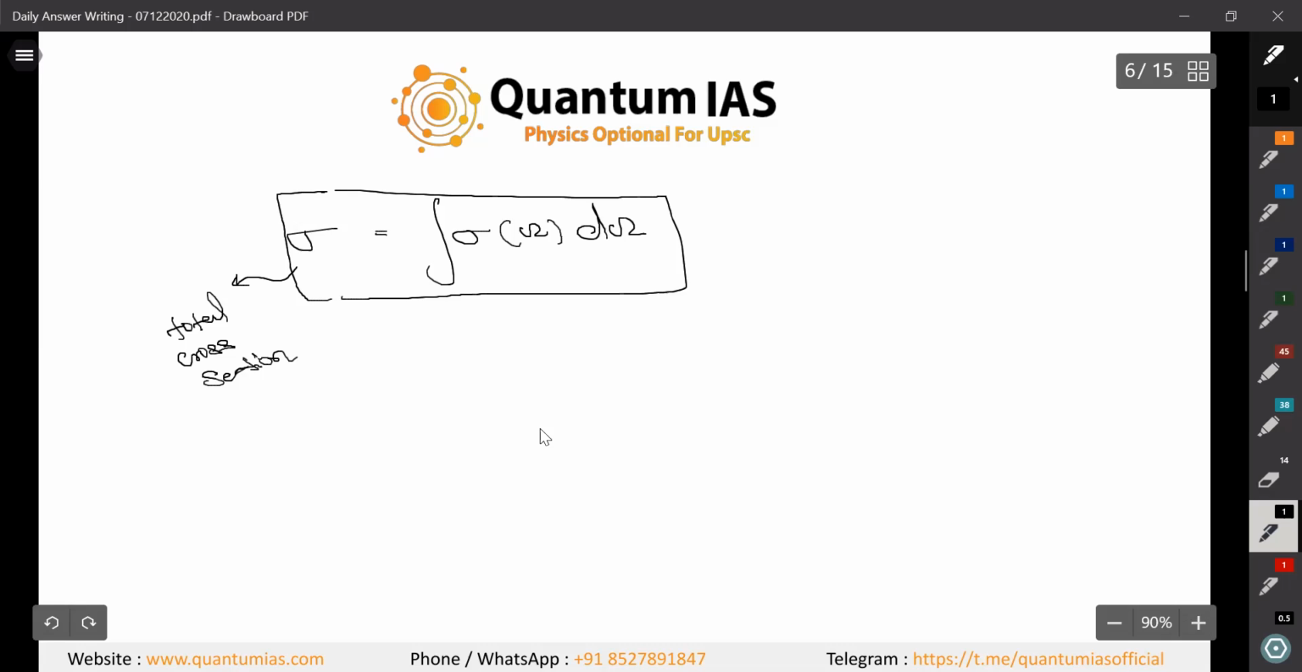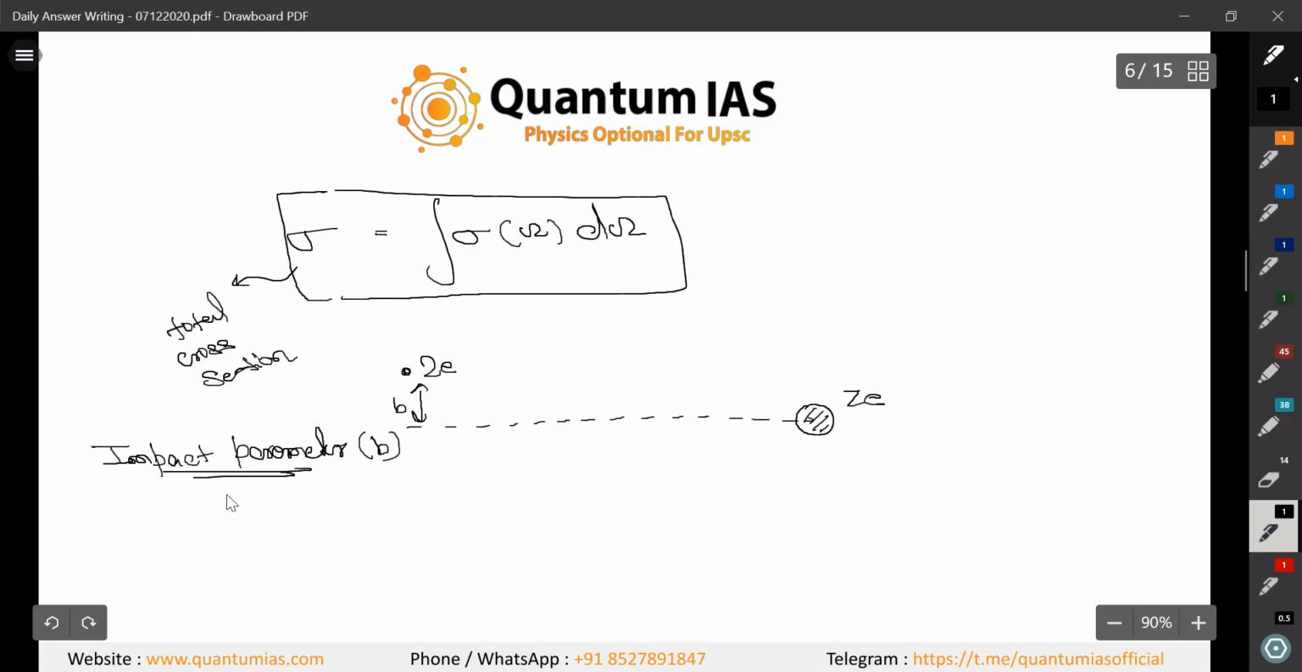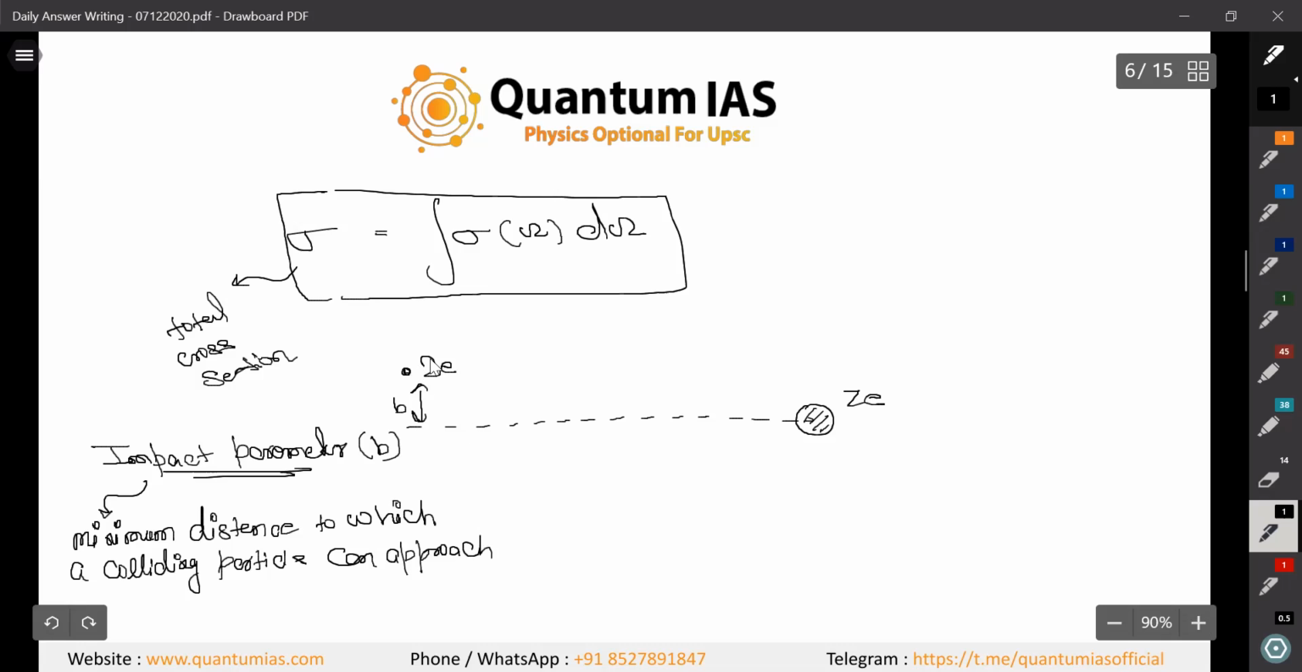Okay. Now come to our question, right? So what happened here? We have the nucleus, and here the alpha particle with charge 2 is coming, right? We can define an impact parameter here, the perpendicular distance, or you can say the minimum distance before the collision. So maybe you can define impact parameter, b, as the minimum distance to which a colliding particle can approach. Here the colliding particle is the alpha particle, which can approach the target